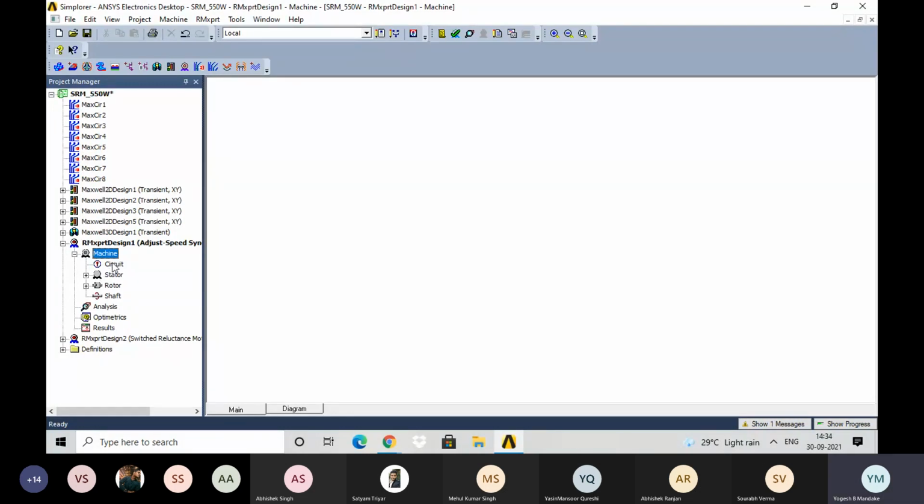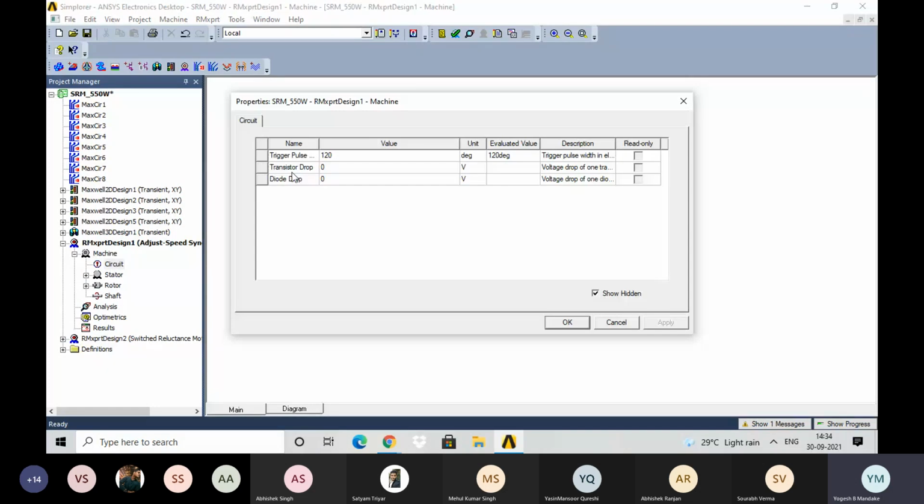If I press on the circuit button, it will ask for the supply circuit or controller circuit, what is the trigger pulse. It is not expected that you know the meaning of trigger pulse, but you should have that idea. Trigger pulse means that supply is given and at how much angle or at which position the triggering should be given. So that is 120 degree.